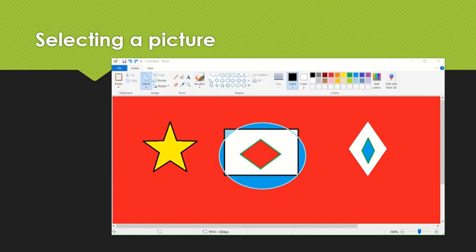Our next topic is selecting a picture. To make changes to a picture, you need to first select it. You can select the entire picture or part of it. Use the select tool to select the part of the picture that you want to change. To select a picture, there are mainly 2 steps. First one,